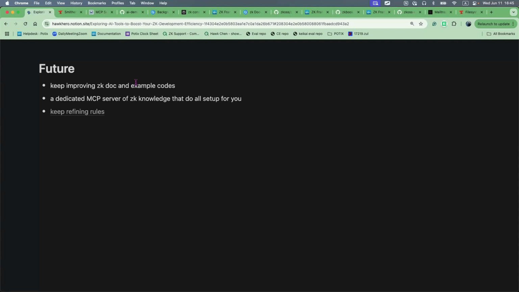When you ask questions, if the document can give you some understanding, you don't have to search by very specific keywords; you can describe some of your problems. Surely we will also improve the documents to match your problem descriptions, so it's possible it can give you some guidance. And we might try to prepare or create a dedicated MCP server of ZK knowledge that does